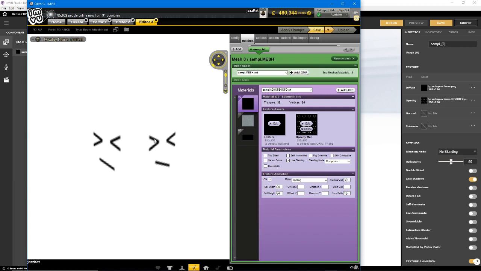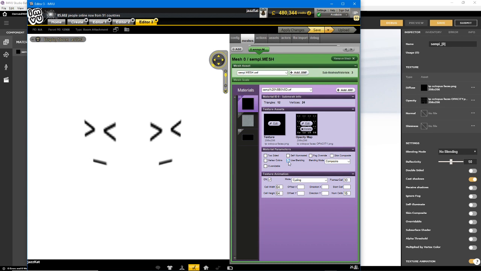So if you imagine that this is something like a lace curtain or something with lace, so fine patterns on it, where you would need to use blending in order for the image to appear as you would expect it to,